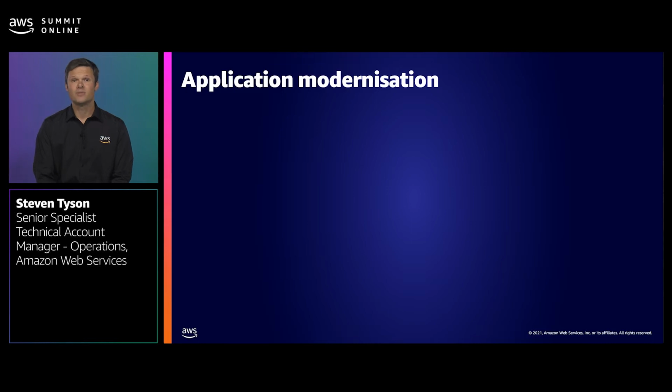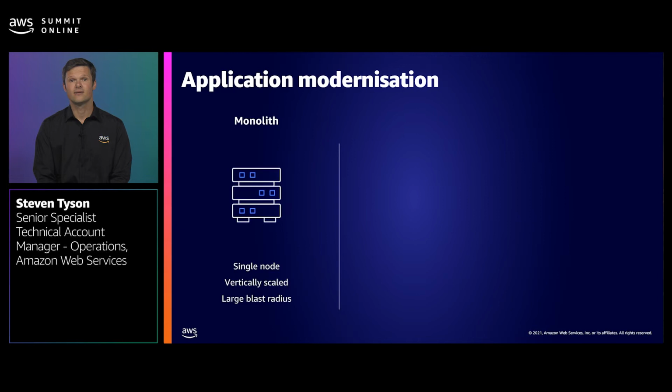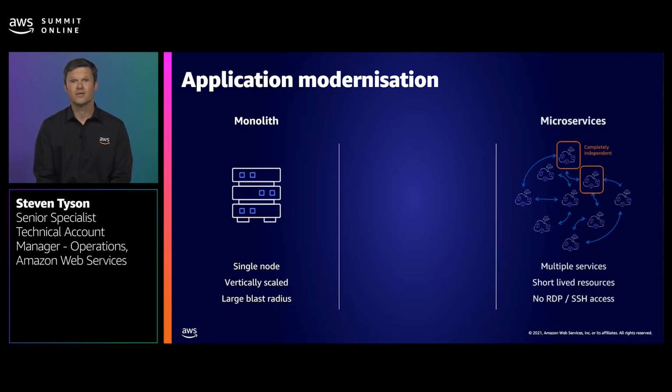Now, many IT administrators today, like Jane, support an architecture like this, a monolith. So what happens when the company Jane works for says they want to move from this, a monolith, to this, a microservices model? Now, Jane's company is moving to microservices, and that's due to the many benefits they bring. They have smaller blast radiuses for changes, they have faster release cycles, there are less constraints with resources like CPU and memory, and they can scale on demand.